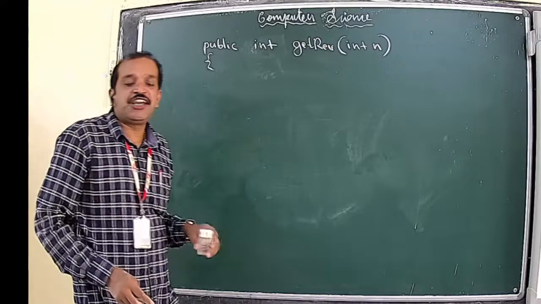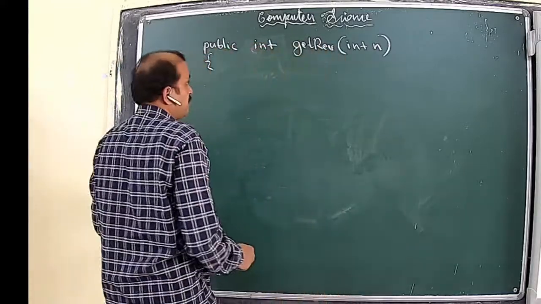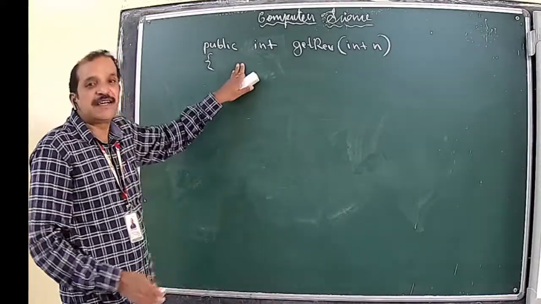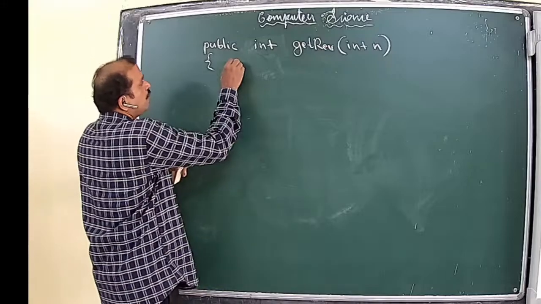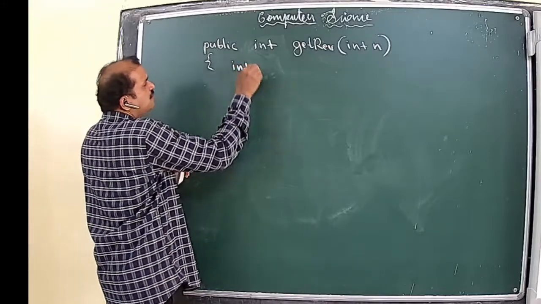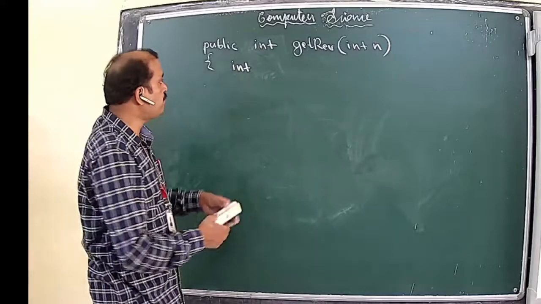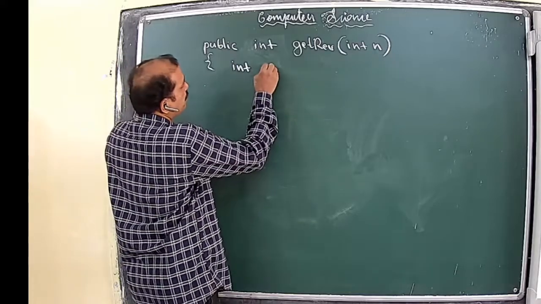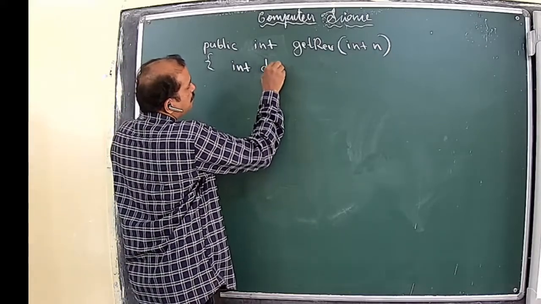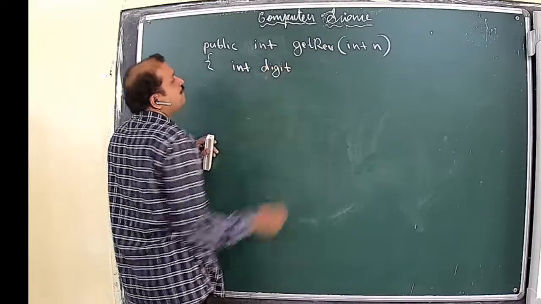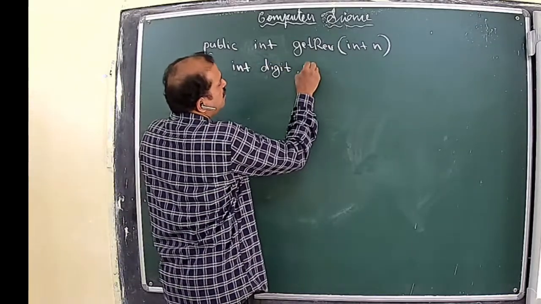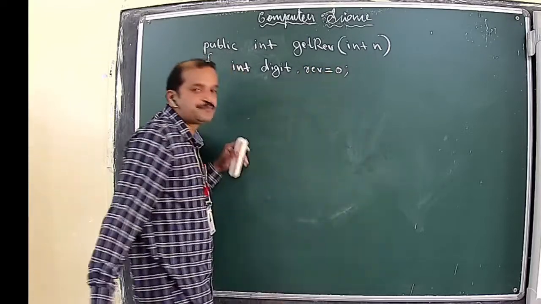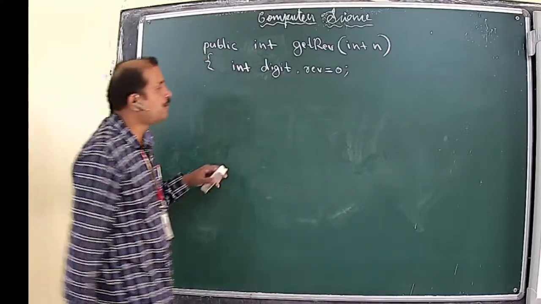Once this task is clear, you will definitely be able to find whether a number is a palindrome number or not. And here our task is mainly, we need some local variables. A loop control variable is not a requirement. The main local variables that we will require are a digit, to extract a digit, as well as a reverse variable to store the value of the reversed number, and it will be initialized with 0. You will know soon why it is assigned 0.